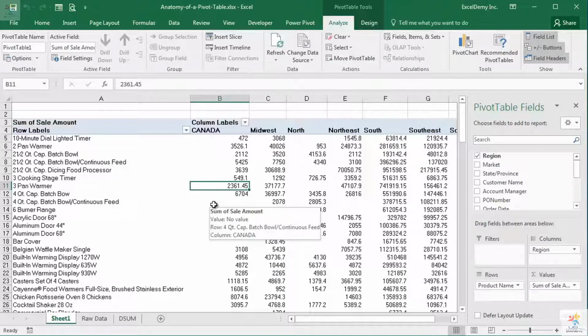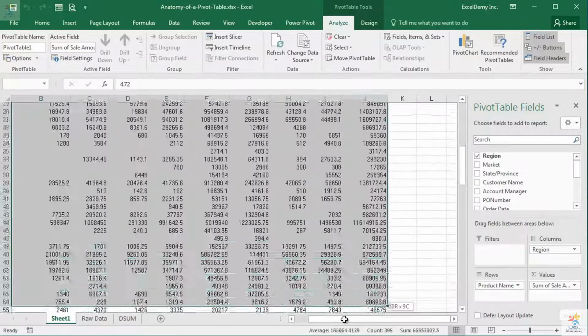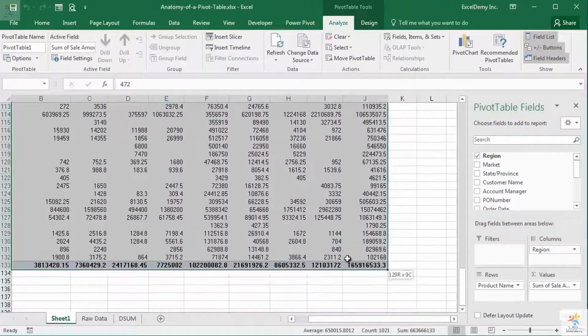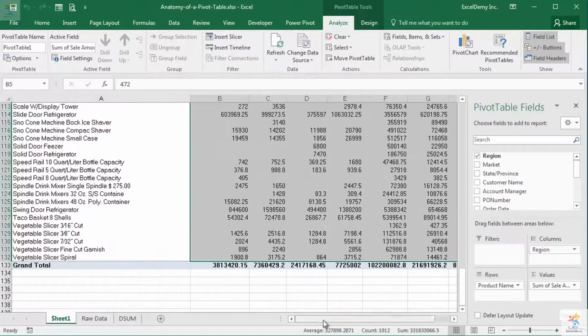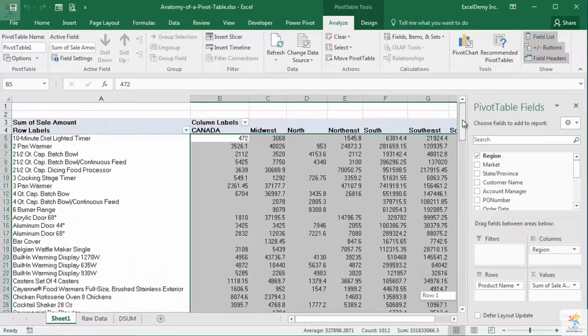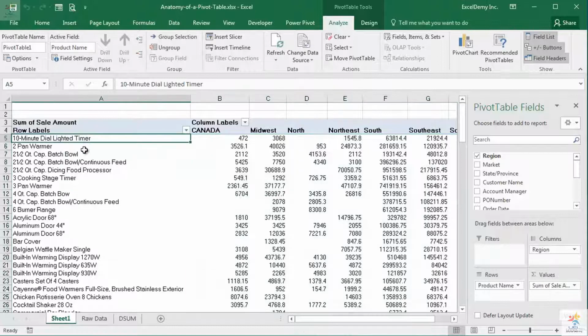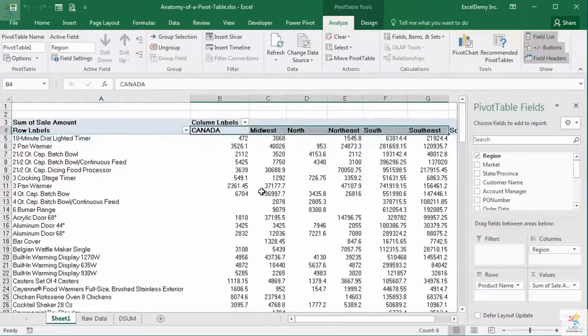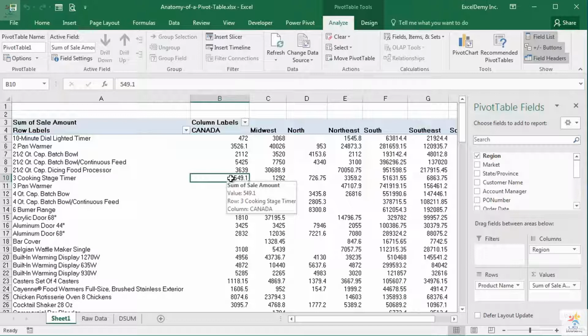On the screen, you are seeing the first pivot table that I created at the start of the course. This is the values area, and it contains the sum of sales amount column. The values area is the area that calculates. This values area contains the sum of sales amount according to product names and regions. Besides sum of sales, the values area might include sum of revenue, count of units, and average of price.